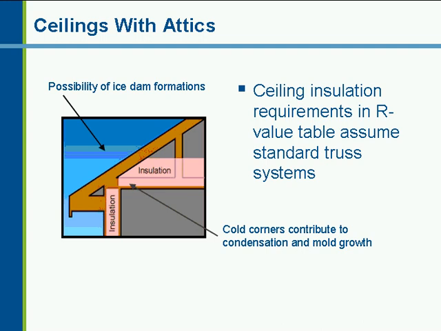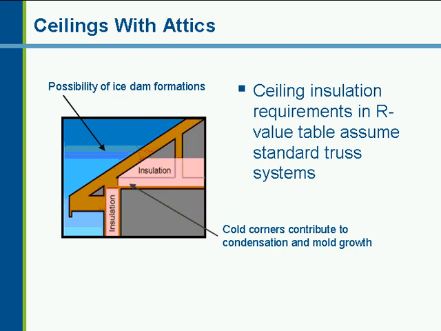There are several problems with that. You get those cold corners where they're not very well insulated that can contribute to condensation up there in the attic, which brings with it mold growth and rot and other problems. It can also contribute to the possibility of ice dam formation, as heat from the house melts snow on the roof right there at the corner. That melted snow runs down onto the eave where it refreezes and builds up a dam